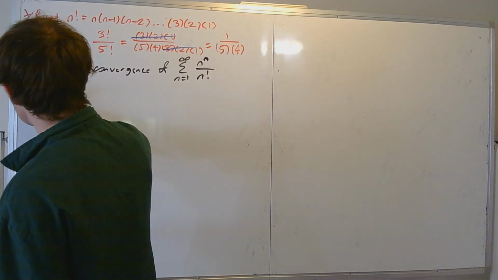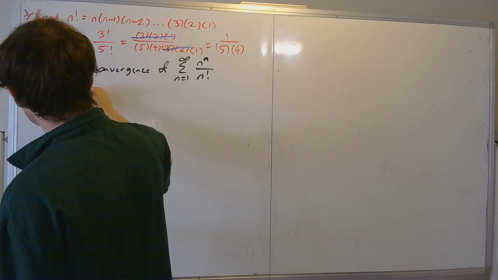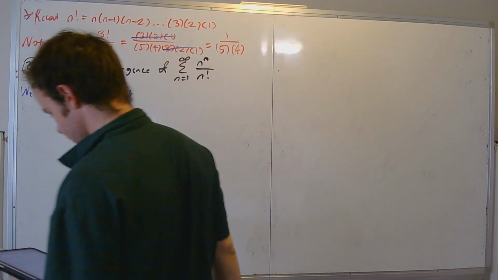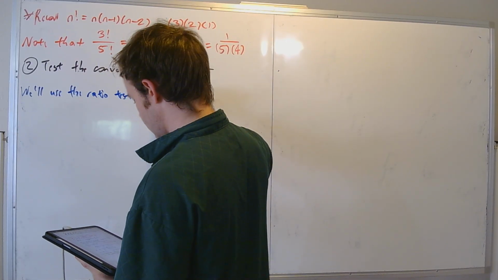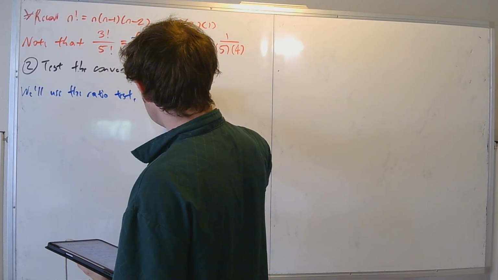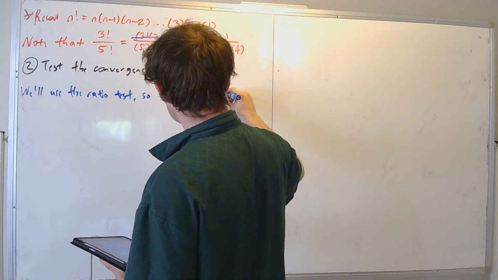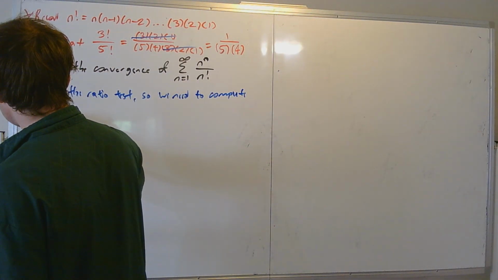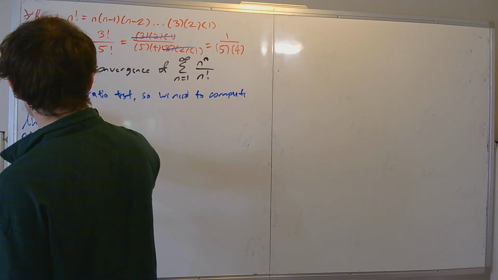So we'll use the ratio test. So we need to compute the limit as n goes to infinity of